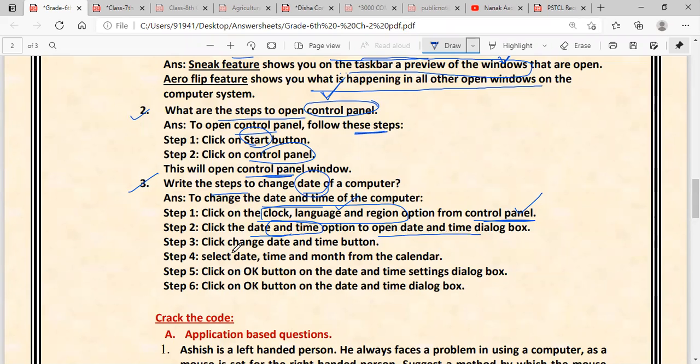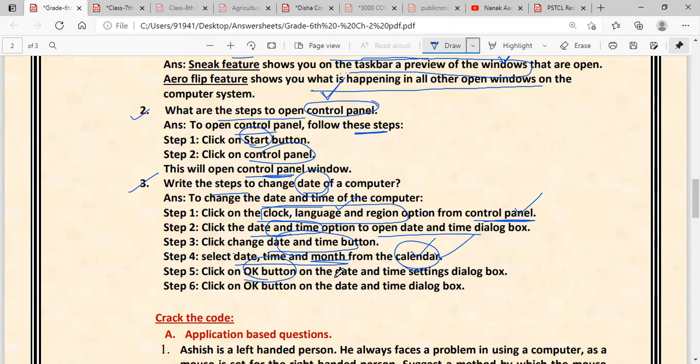Click Change date and time, then select the date and month from the calendar. If you want to change the date, you can select the date and month from the calendar.